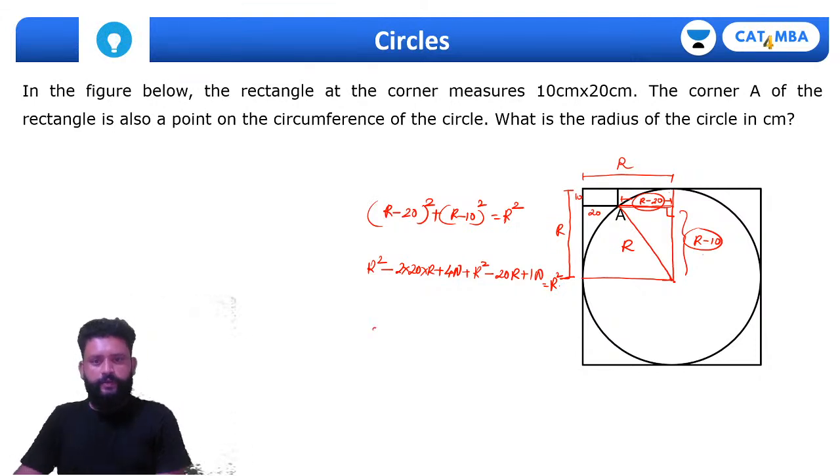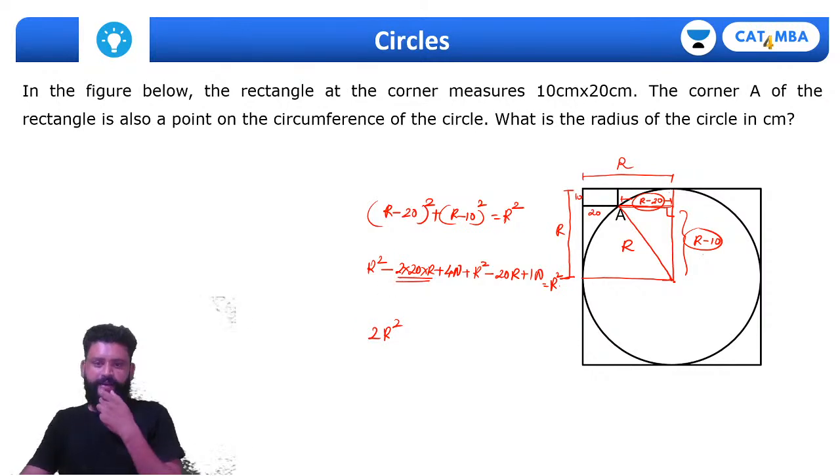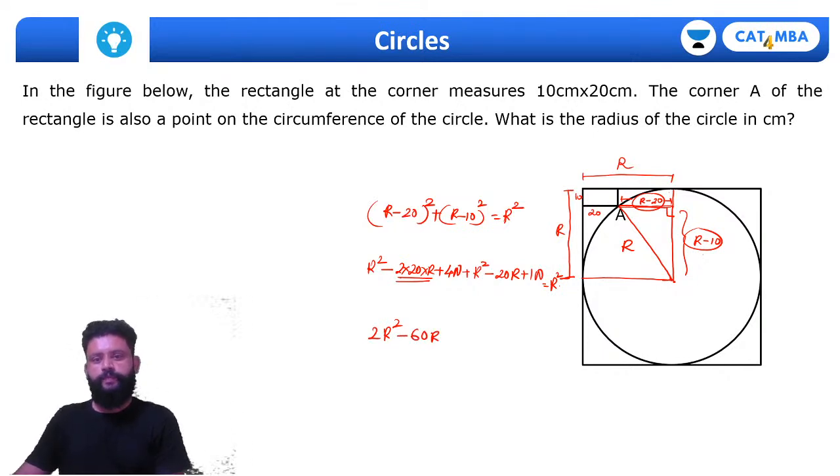So it will be 2r square, now 40r minus 20r, that is minus 60r, plus 500 equals r square. So r square cancels out, and we get r square minus 60r plus 500